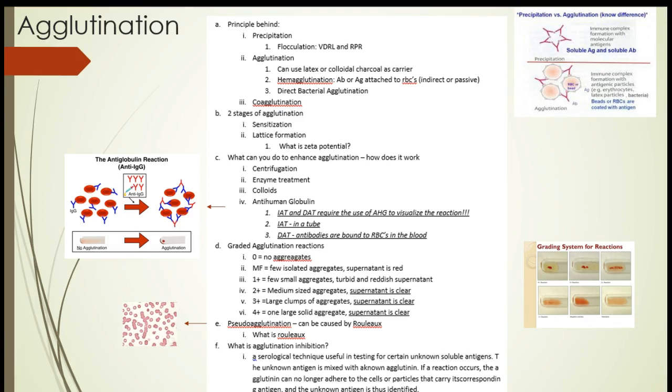We can centrifuge it, because that forces them together. We can use enzymes, which can help strip that negative charge, and colloids as well. And then we also use something called anti-human globulin. This is something you would have used in week 5 in your lab when we practiced the blood bank type of reaction. You had blood cells in antisera, you incubated it, you washed your cells, you added the anti-human globulin, okay, and then you centrifuged it again. What that does is it adds an extra layer of antibodies so that you can get the agglutination to happen